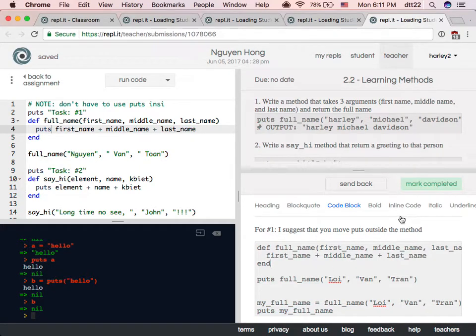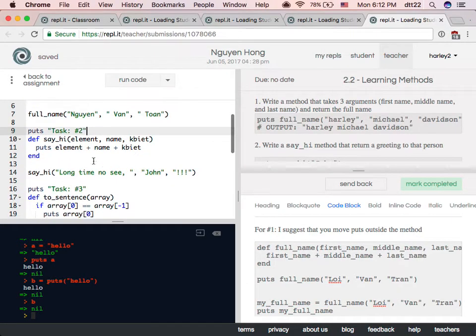Okay? In the program, we do not always want to put, right? Sometimes we just want to store in a variable. Sometimes we don't print to screen every time because it's a lot to see. So just remember, most of the time, if you have a method and you want to use the method, you want to use it and assign to another variable like this. Do not use puts at the end of the function. Great. So this is good.